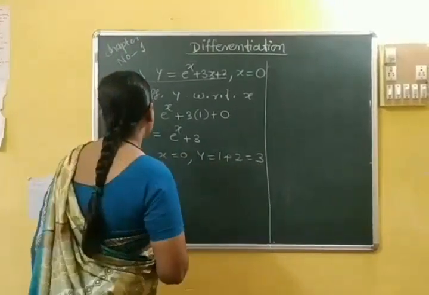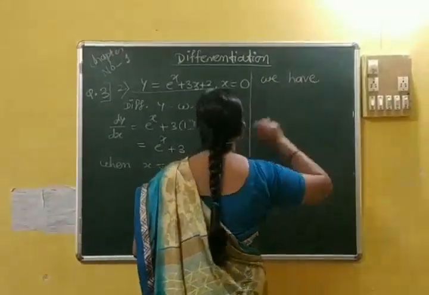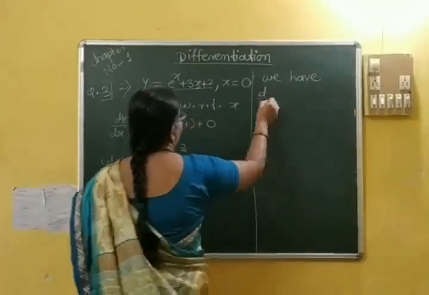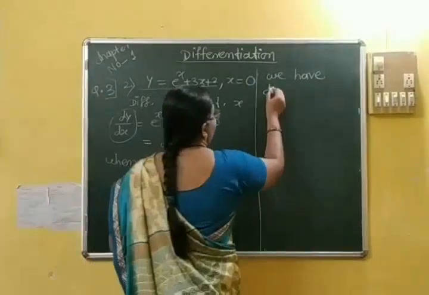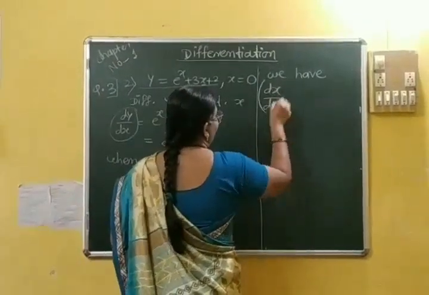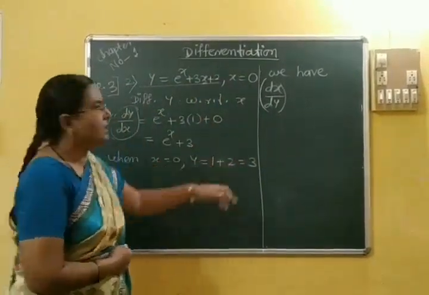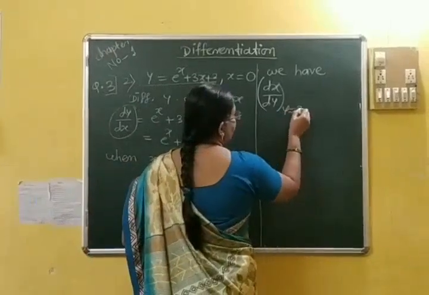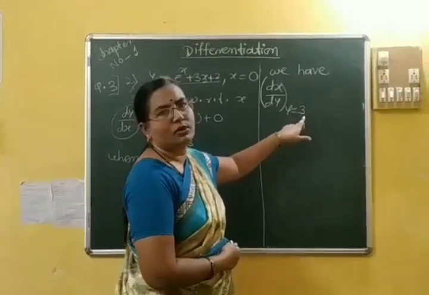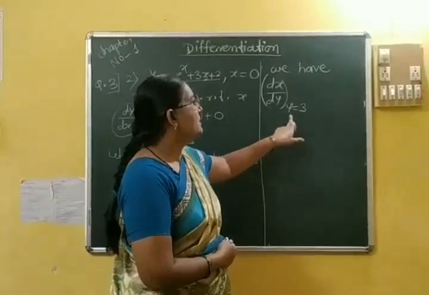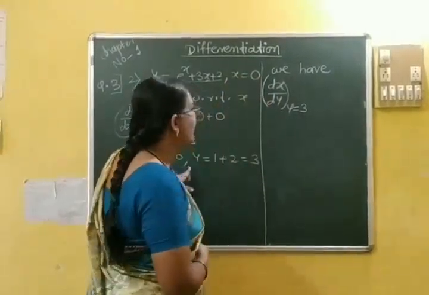Okay, let us see what the inverse is. What is the formula by the inverse function theorem? The inverse of dy by dx can be written as dx upon dy. Now, whenever x is equal to 0, then y is equal to 3. Then we have to find this dx upon dy, meaning the derivative of the inverse function, at y equal to 3, at the given point x equal to 0. It is a given point. Whenever x is equal to 0, then y becomes 3.